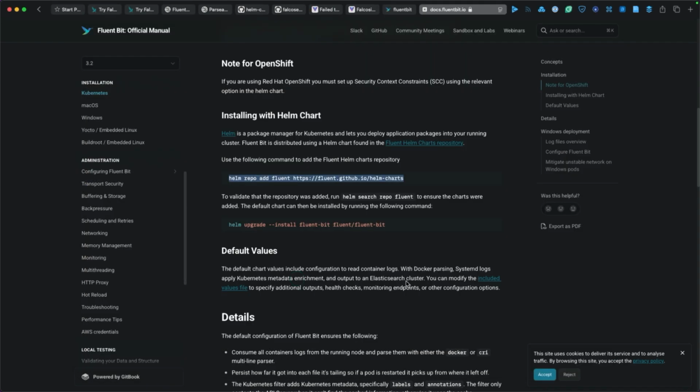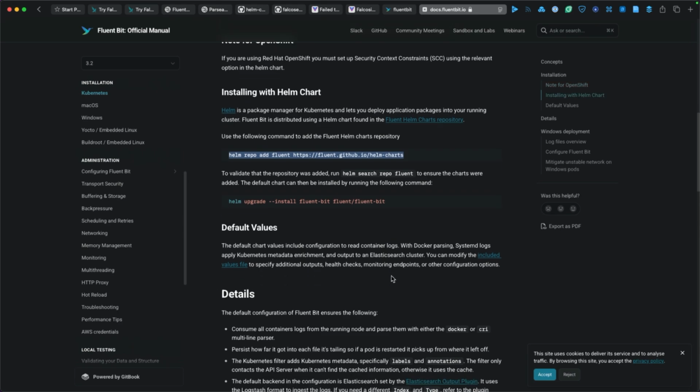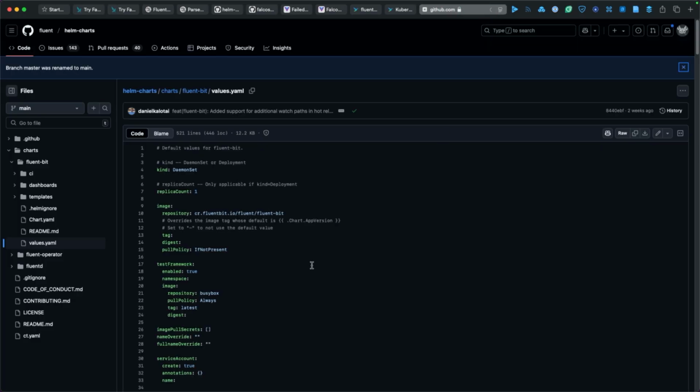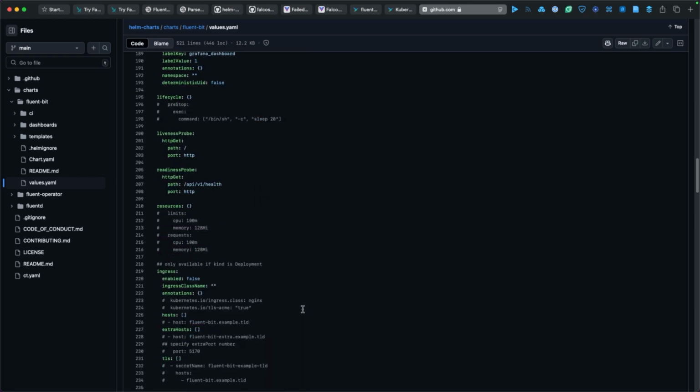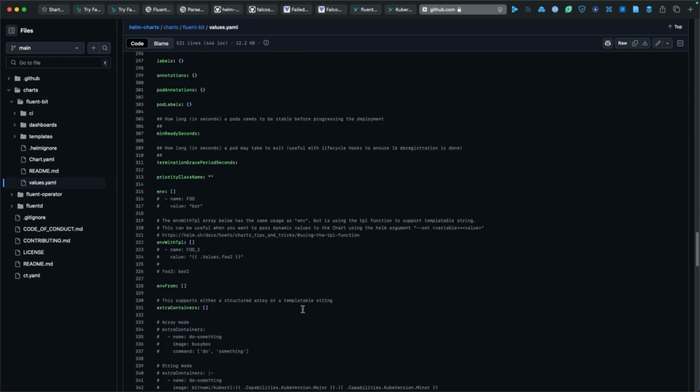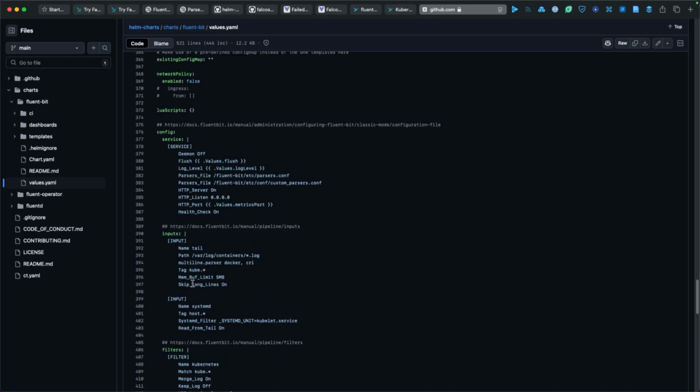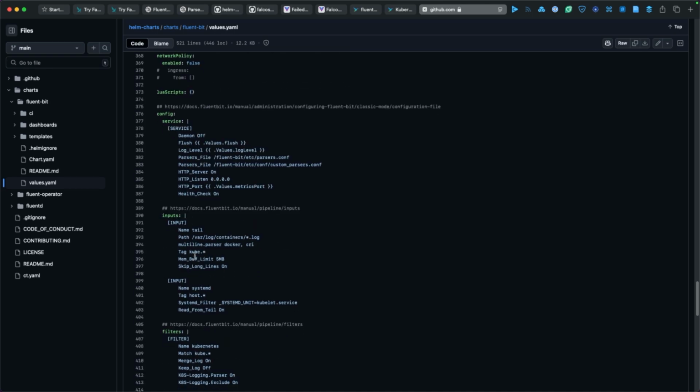One of the reasons to use FluentBit is it offers a lot of configuration options, but there's a lot you need to figure out and how to configure. You can see the default values file that comes with the Helm chart here. Most of it we're not very interested in. Actually, we're mostly only interested in the part at the bottom. This is all the Kubernetes configuration. This is actually the FluentBit configuration.